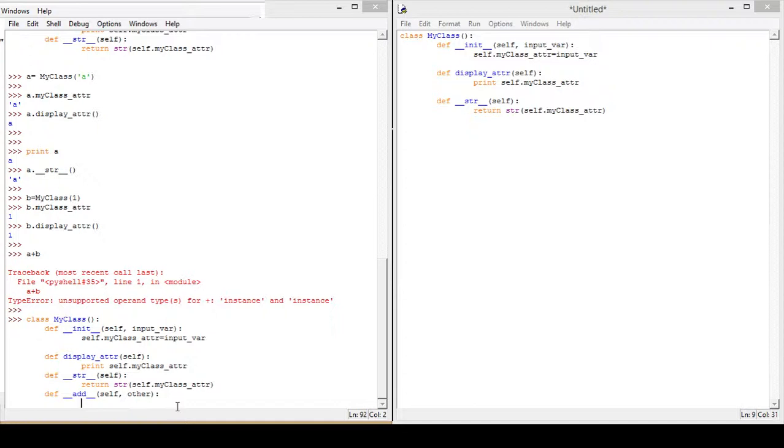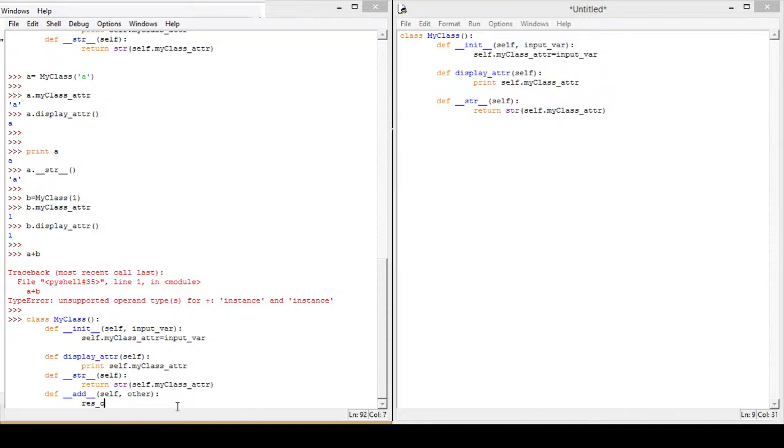Okay, and when we add the two instances, we want a third instance of my class. So for that, I will say result object is equal to